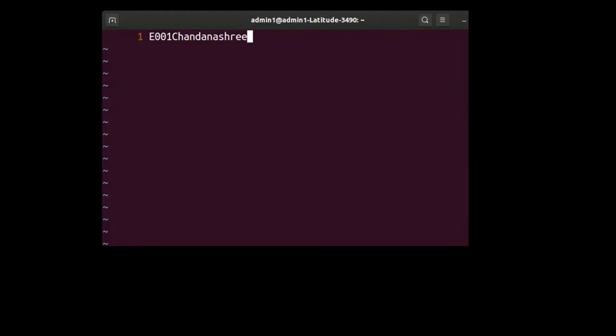Now please understand this very carefully. E001 capital CHA up to double E is one continuous word for the Unix operating system.